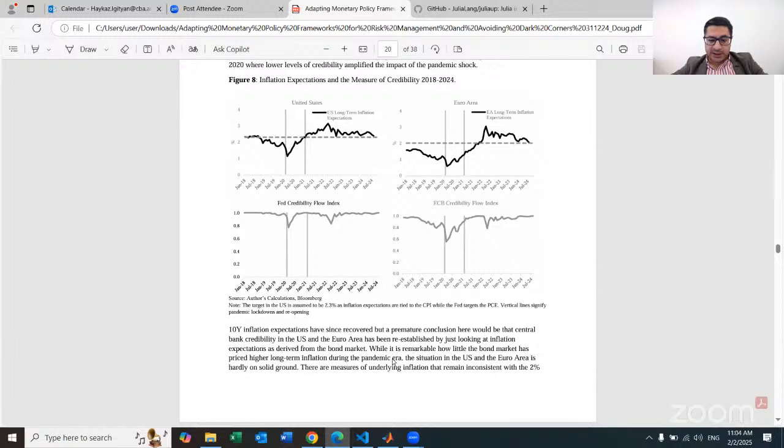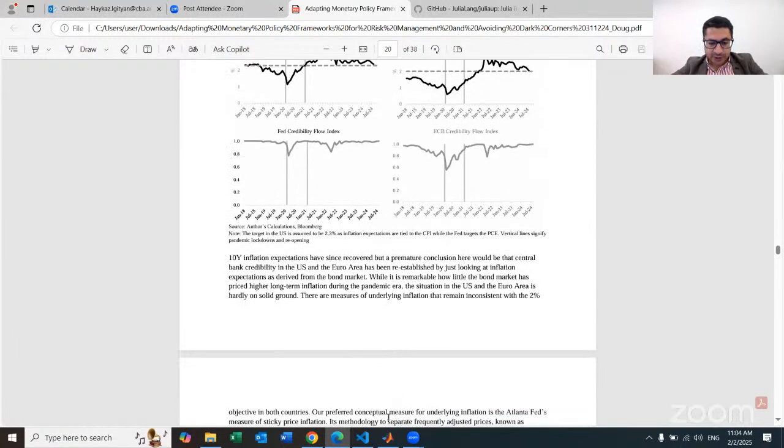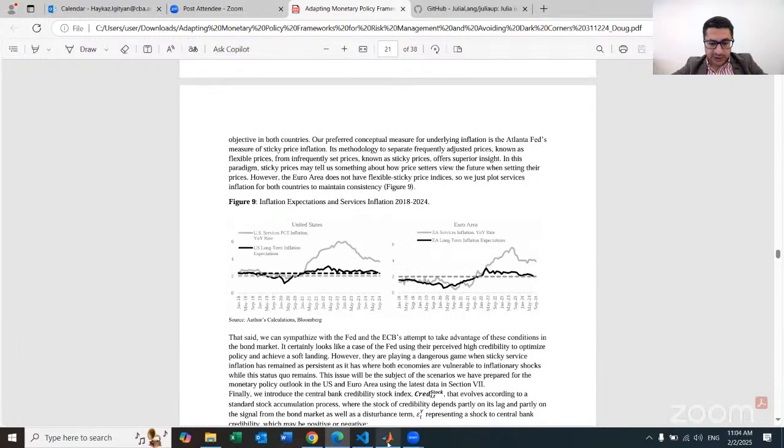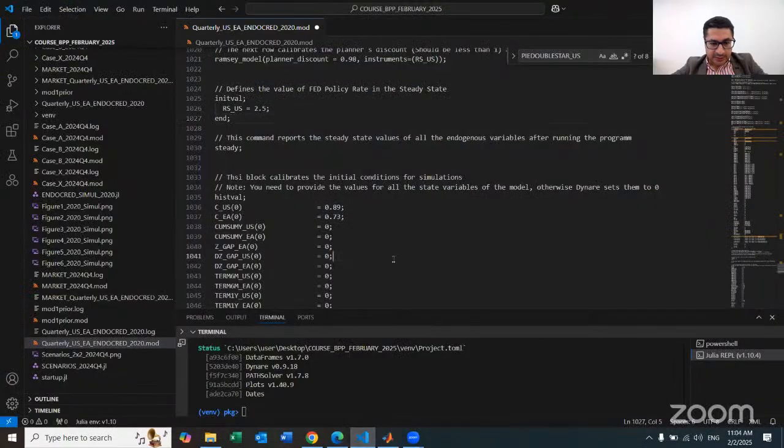Okay, that's kind of very broad view of the experiment,